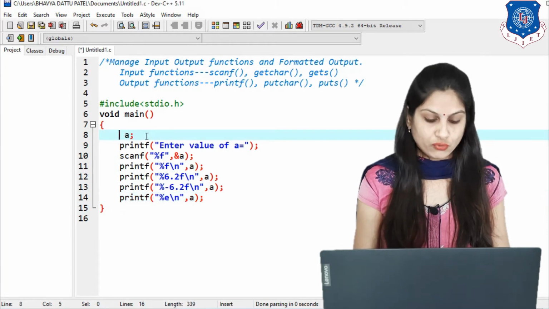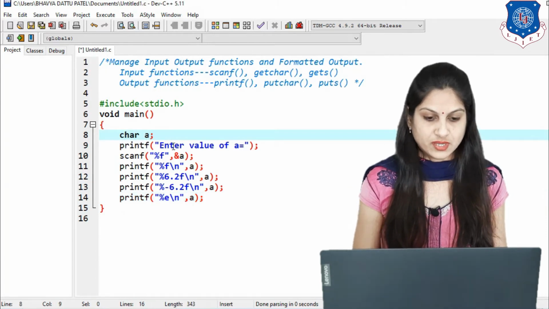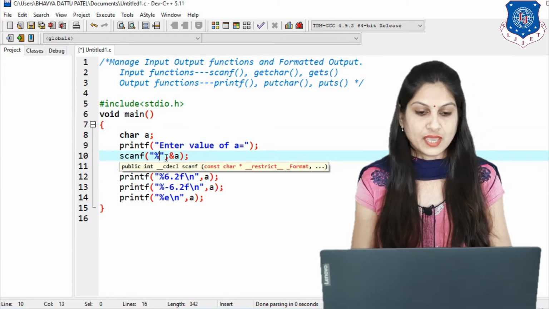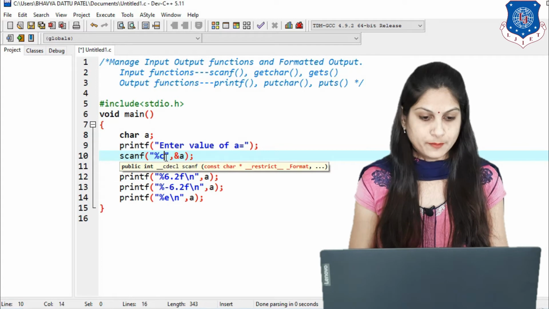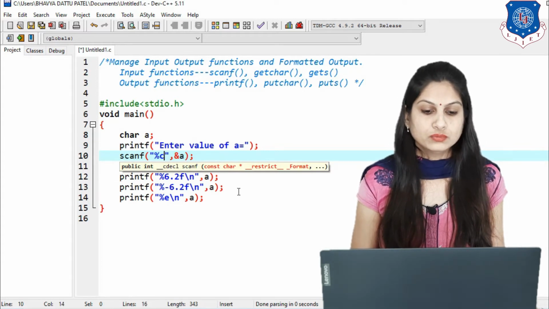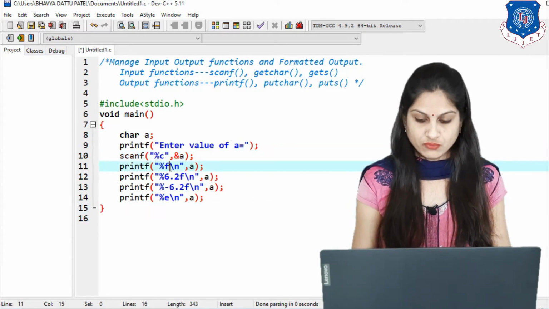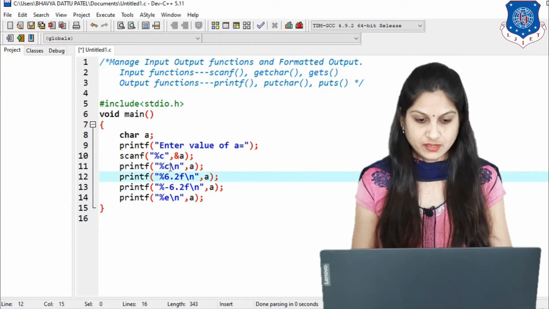Now check for another data type, a character. So instead of float, now we are putting just character. Enter the value of A, and here the control string for a character is %c. Now instead of f, we have to put c everywhere.